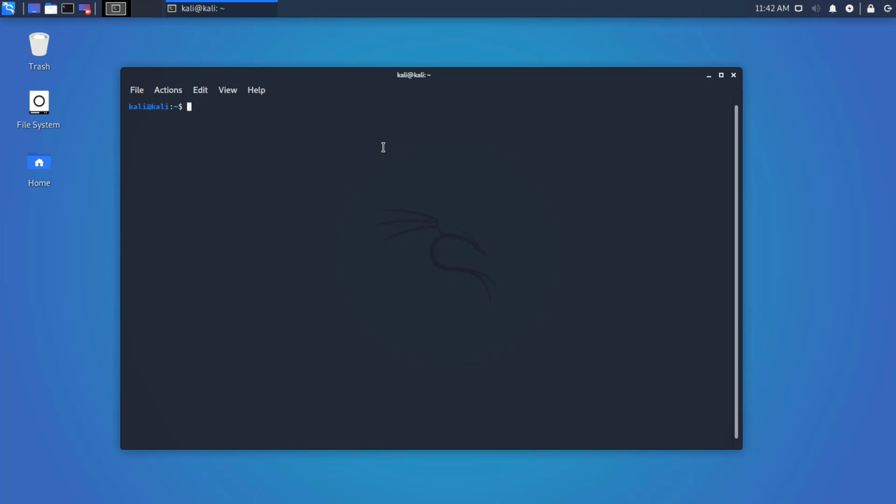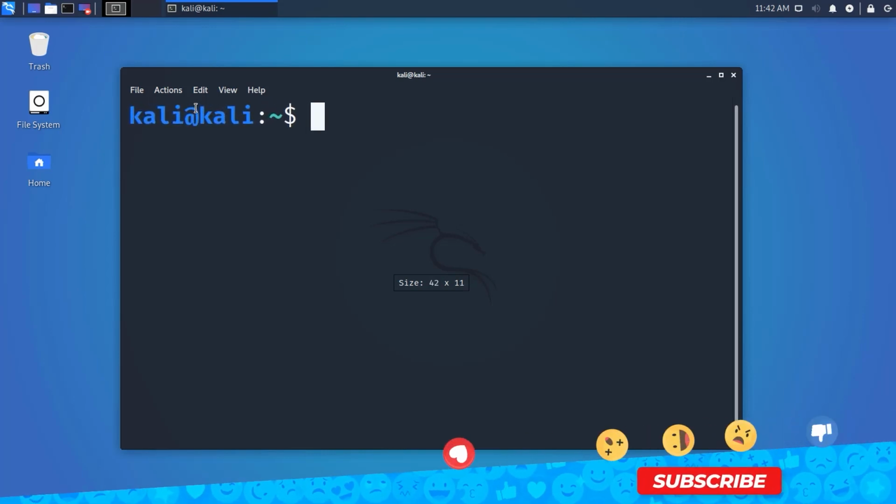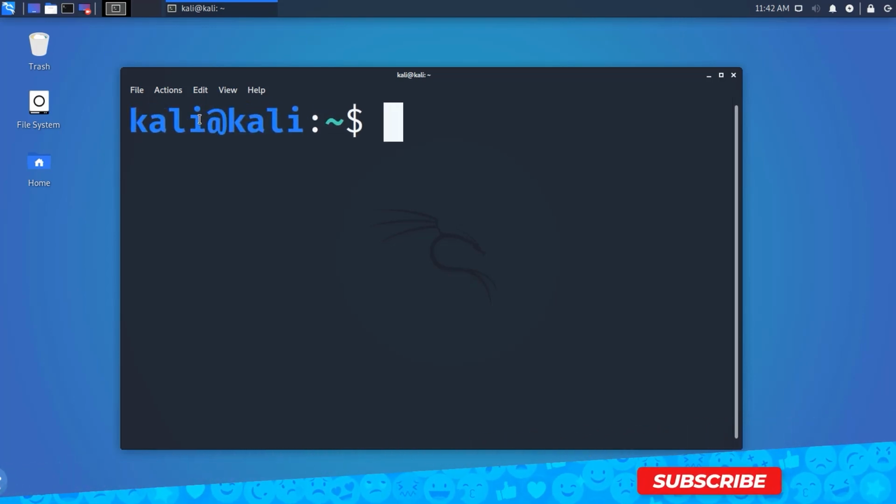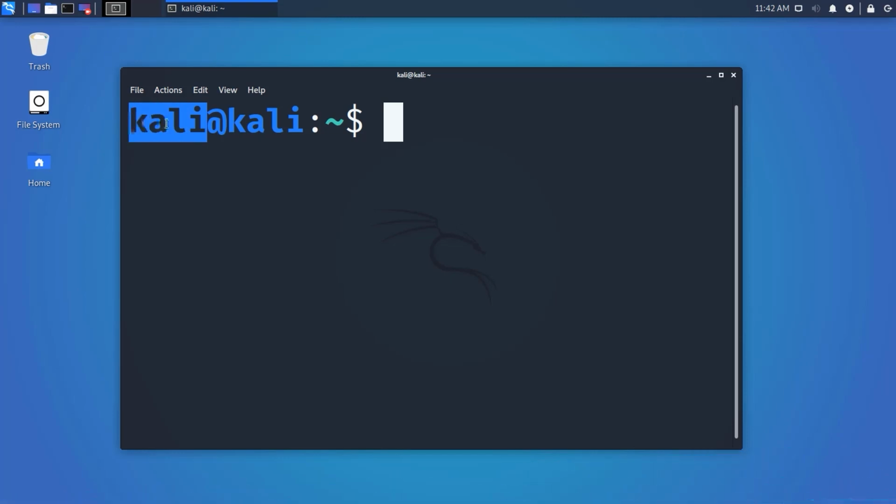Now let's start with knowing the terminal basics. Once you launch the terminal, you would find something like this: kali, then the @ sign, then kali again. The first part of this line is the name of the user, and it's kali. By seeing this, you can identify the current user of the OS. Then the second part, kali, is the computer name or host name. The host name helps to identify a computer over the network. In a server environment, the host name is very important.